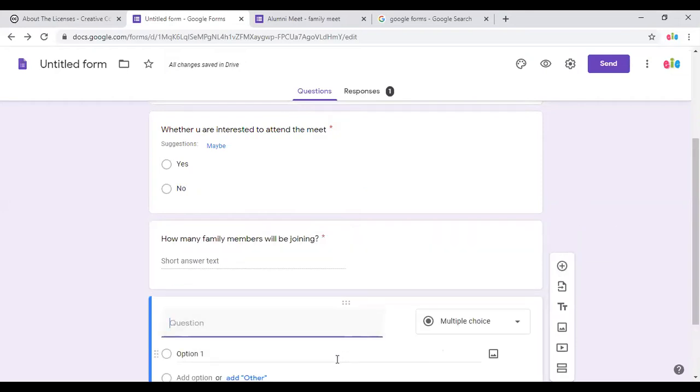The last question is whether they are interested to volunteer or support one of the following activities.